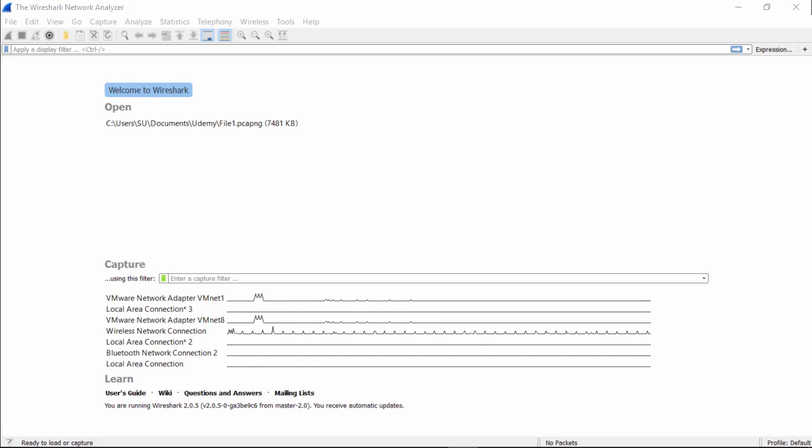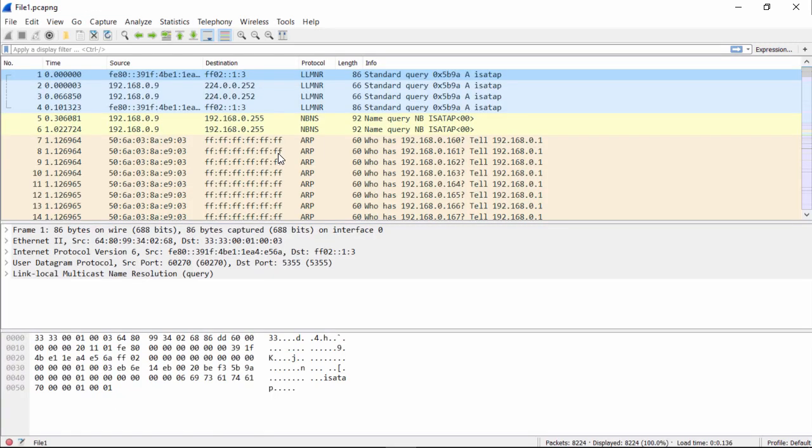Now that we've reviewed some of the network protocols, we're going to apply our knowledge and skill to this static packet capture file, file1.pcap.ng. You can open the file again if you want to follow along and complete the steps as I do. It's pretty easy to do, and once you've used it, Wireshark keeps it here in a history. So we just open up the file.